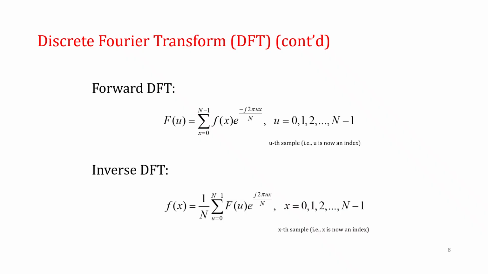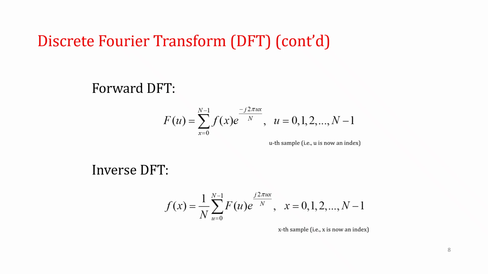Here is the example for a transformation domain DFT, discrete Fourier transform, for a single dimensional signal. So here F of u equals summation x varies from 0 to N minus 1 of f of x e power minus j 2 pi ux by capital N. So here u varies from 0 to N minus 1. Now u acts as an index, which means that u1, u2, u3 like that it will be varying